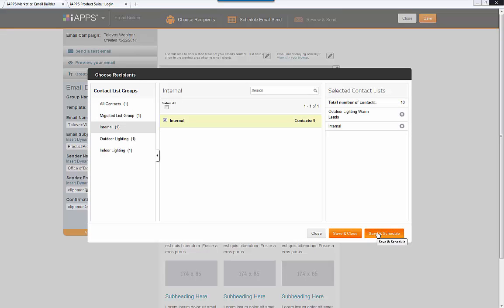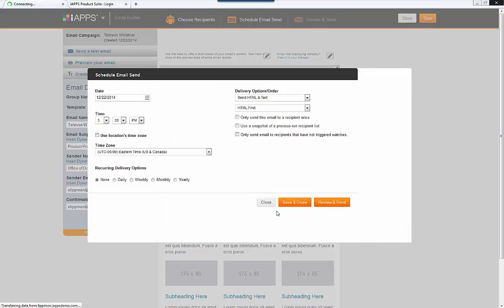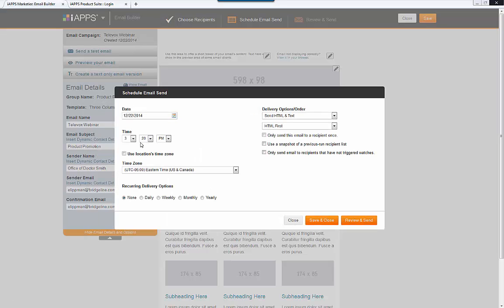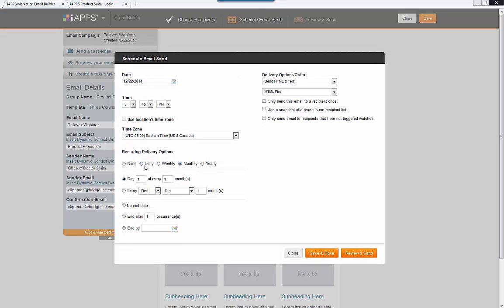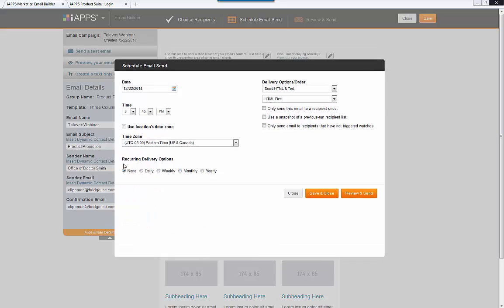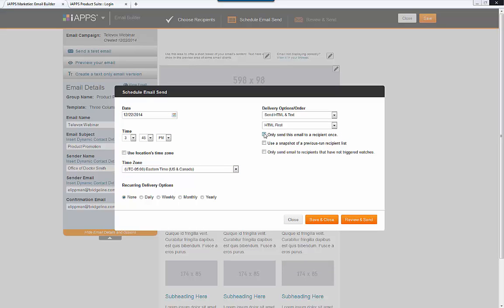Next, let's click Save and Schedule Email. I'm going to choose the date my email is going to go out and the time. From here, if this email is recurring, I could set up the recurrence of the email. If it's not recurring and it's only going out once, I'm going to select None. I'm going to make sure to only send this email to a recipient one time,